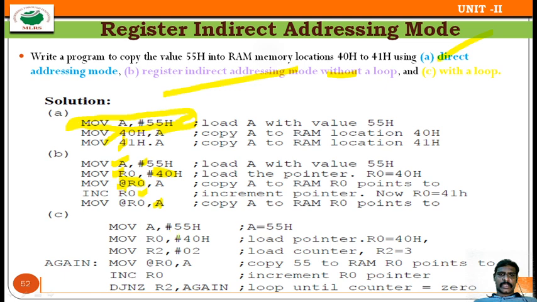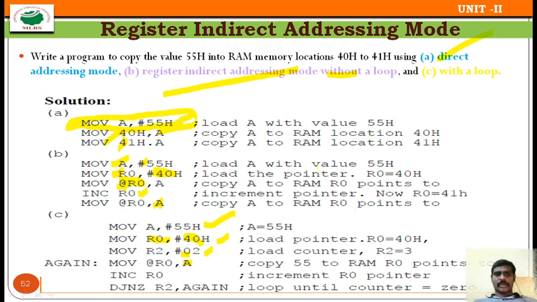With a loop, again the same value is stored in the accumulator. So the 40H address is moved as a value and moved into R0. Then #02 I am using for counting how many times the loop needs to be repeated. So A is moved into the location where R0 is holding 40. Now 40 is treated as an address location. Then increment R0; R0 goes to the incremented value of 41.